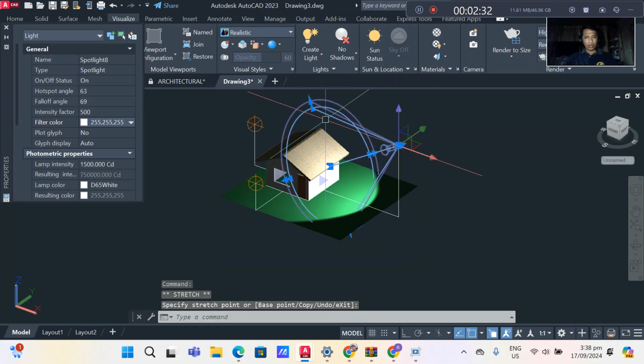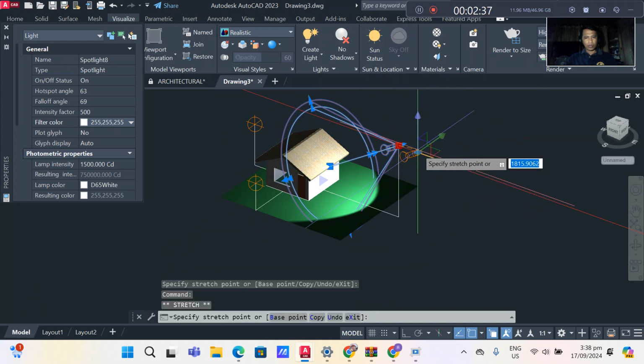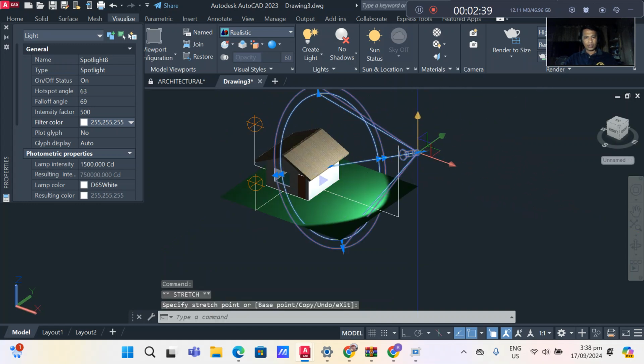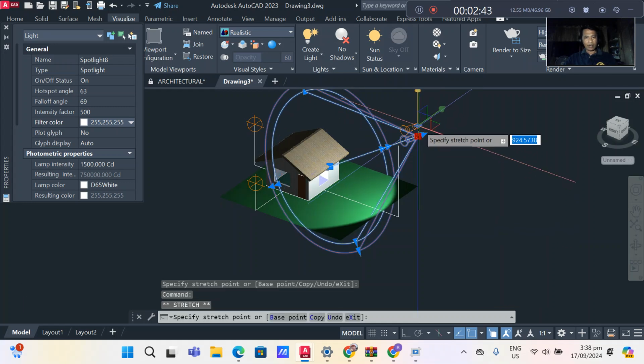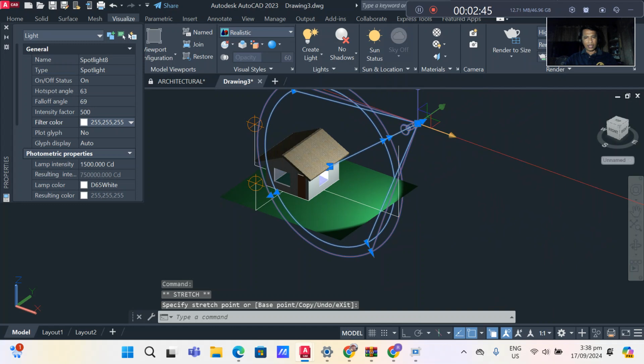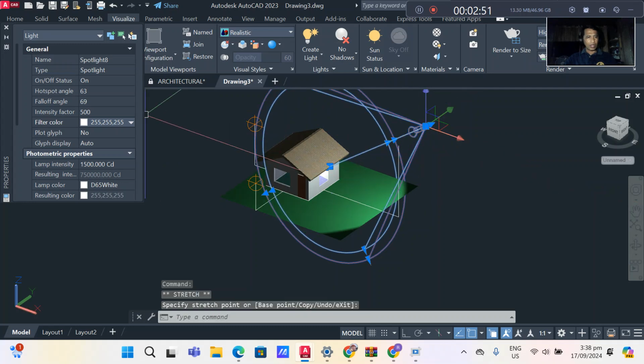So this is the exposure, and if you want to make the distance a little bit away from the building, you can do so. And if you want to make the intensity higher, you can increase it to 750.